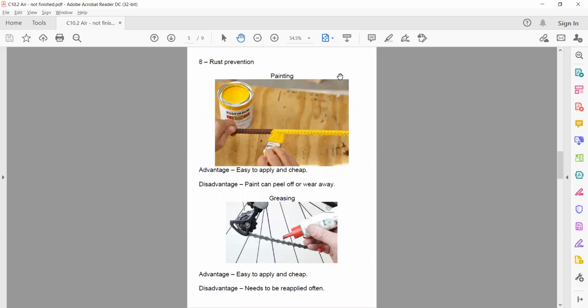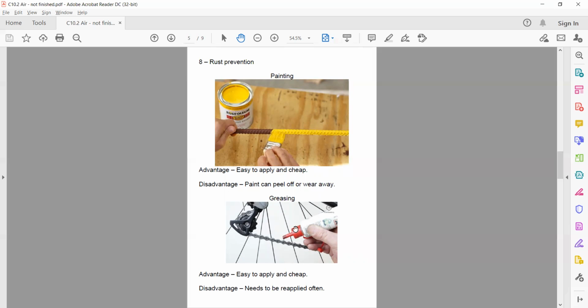So preventing rusting, you can paint it or you can grease it. What's the problem with painting? It can peel off, correct. So you know that sometimes if your parents own a car, or if you've ever been in someone's car that's very protective, they don't like bumps and scratches. And the reason is because once you remove the paint, it exposes the metal underneath. So when somebody says, don't slam my door against the wall, or be careful when you get in, don't scratch the whatever, it's because they know that if you start scratching the paint off, it's going to start rusting underneath. And once it starts, it doesn't stop.